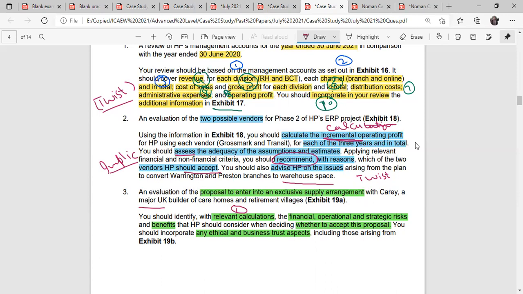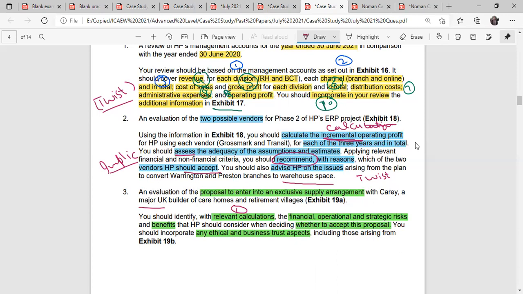Why? Because I always wish that there is some calculation in requirement 3. Because if there is no calculation in requirement 3, then the whole requirement would be theoretical. It is a bit difficult on the theoretical side to get good marks as compared to a requirement that has some marks for calculation. So we will be having calculation in requirements 1 and 2. It will be a very detailed calculation, but in requirement 3, as I was just telling you, the calculation is pretty simple.